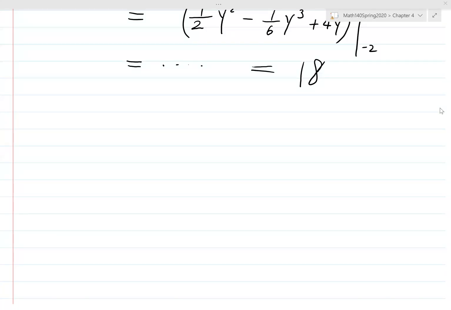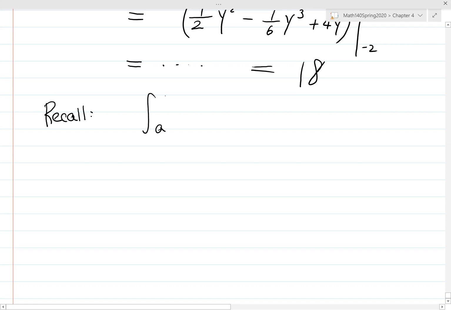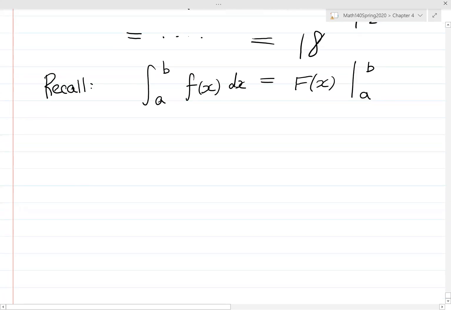Okay, all right, let's recall what we had last time. So right now we have the fundamental theorem of calculus, which says the definite integral from a to b of f(x) dx is the difference of the two function values at the boundaries, a and b. So this is F(b) minus F(a), where this capital F